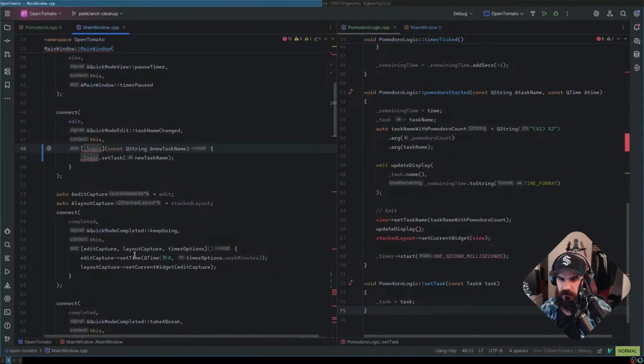I'm going to look at a capture for example, for reference. Right. So wait, how does this normally work? Okay.